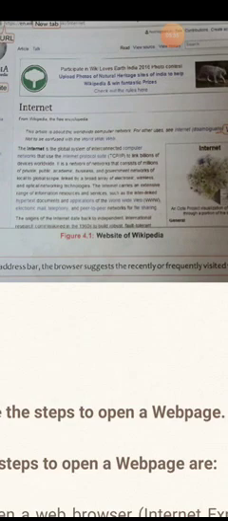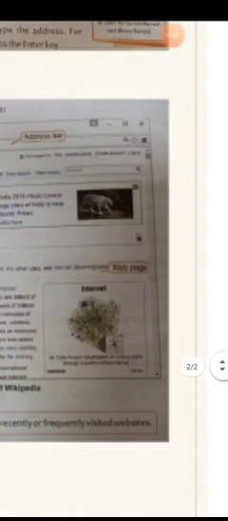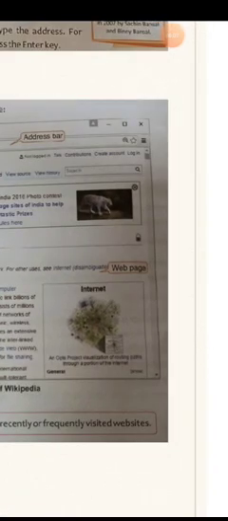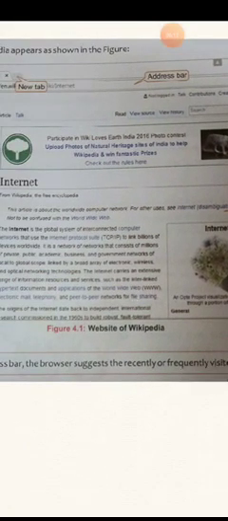So like this, you can type a word of your choice and find as many kinds of information as you want to know. You just need to type in the keyword that you want to understand. For example, you want to know more about the mango tree. You simply type mango tree in the search box here. There is a search button here. You type the topic, and it will show you the websites related to the mango tree.